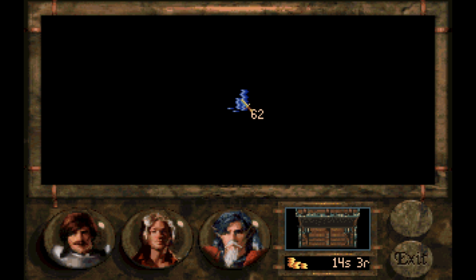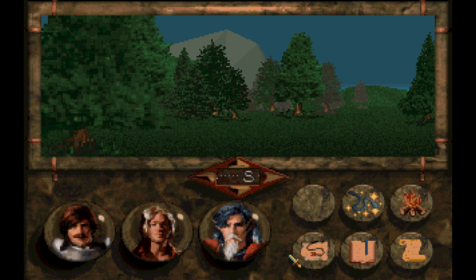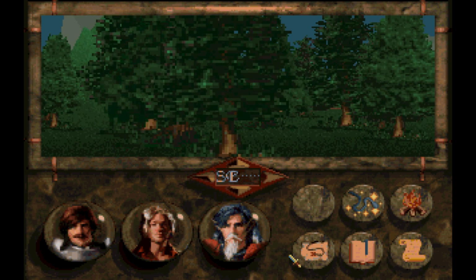But he didn't. We got 62 silver coins. That is, I believe, going to be 6 sovereigns and 2 royals. Let's see if I'm correct. Yep. So it's 10 silver to a gold. Pretty standard stuff, really. All right, but there is a...